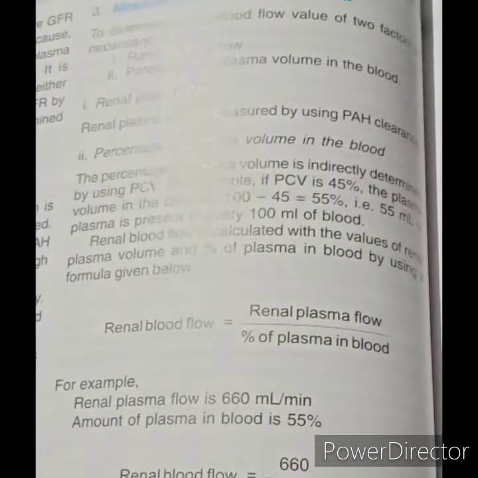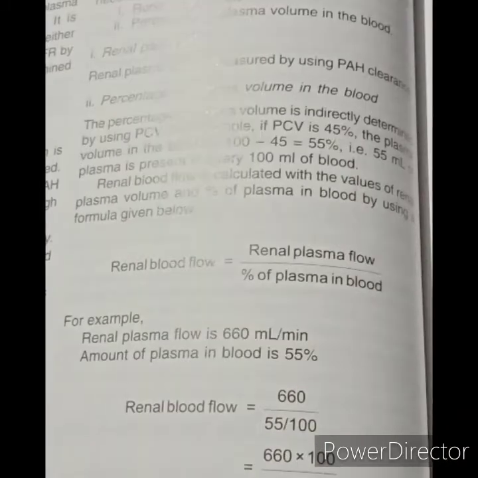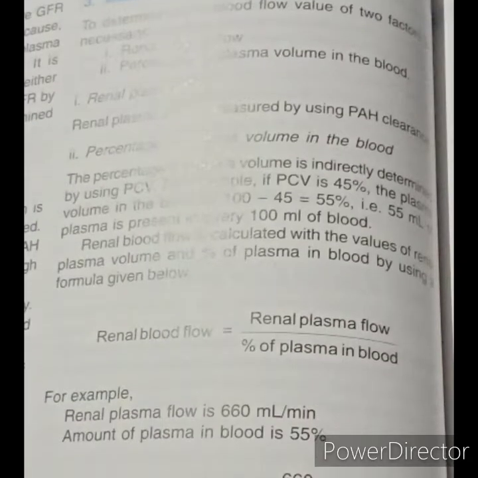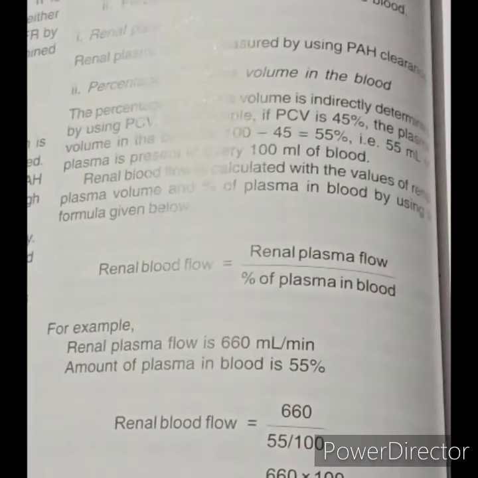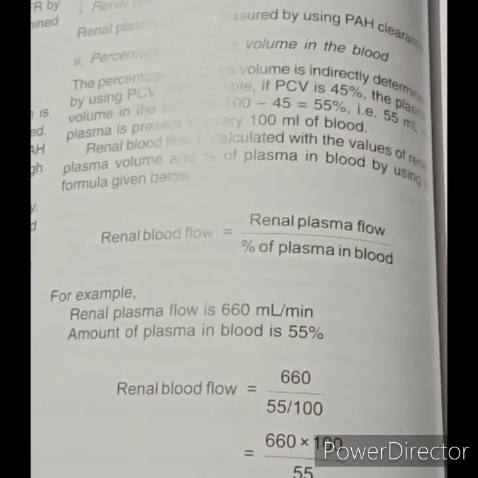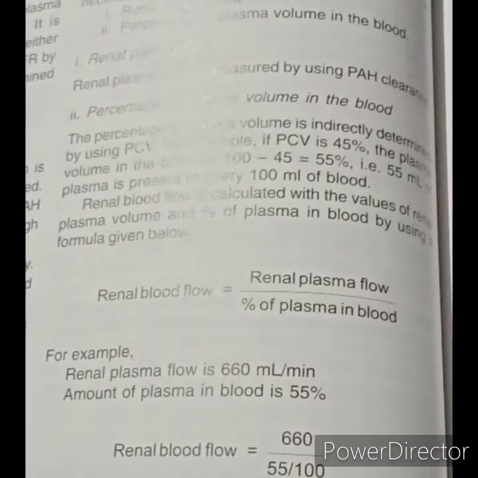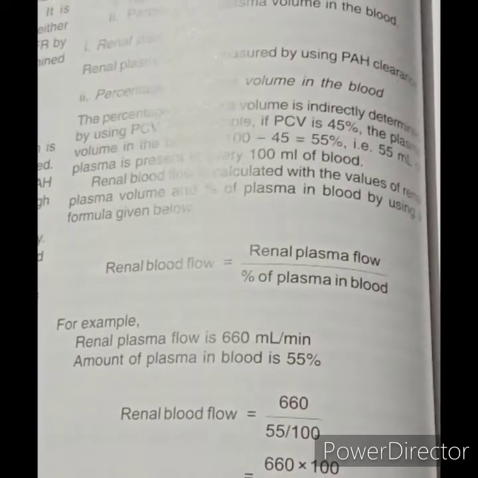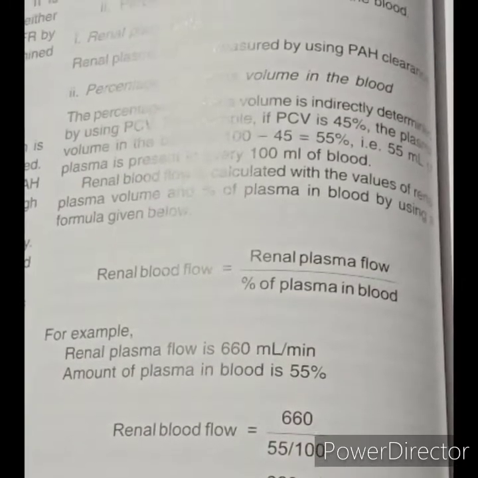Third, chemical analysis. Chemical analysis of urine helps determine the presence of abnormal constituents of urine or presence of normal constituents in abnormal quantity. Both findings reveal the presence of renal abnormality. The common chemical tests of urine are: first, glucose. Glucose appears in urine when the blood glucose level increases above 180 mg per deciliter. Glycosuria, presence of glucose in urine, may be the first indicator of diabetes mellitus.